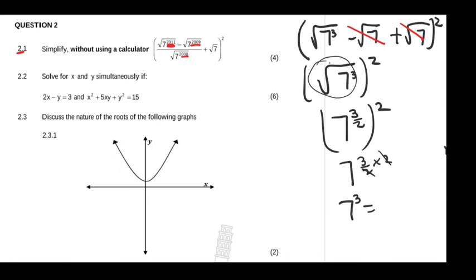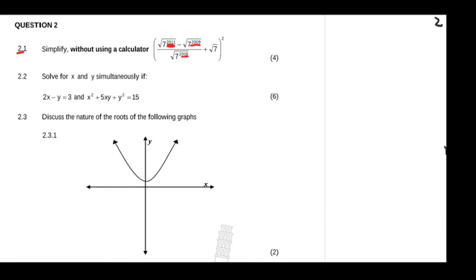Please check with your calculator, but I got 343 as the answer. So yeah, we're done with this problem here. It looks interesting, and I really believe that you guys understood it. If you didn't, please let me know in the comment section below. Anyways, let's continue